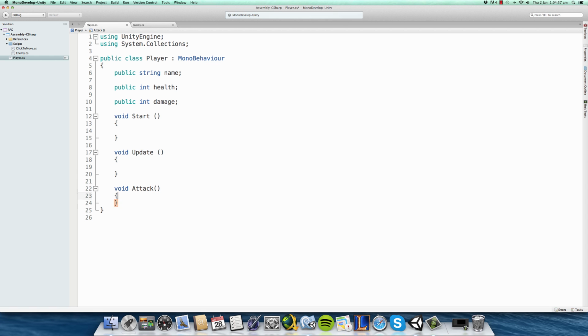Now, a method is basically, you can think of it as a place where you're going to execute all the code. So whenever you call this method, so for example in my start over here, if you remember from the last tutorial, whenever the game starts, the code is executed in this method. So I'm going to call my attack method over here. So basically what I'm saying is, okay, now call the attack method and execute all the code that is in here. So we're going to just say, okay, Debug.Log,